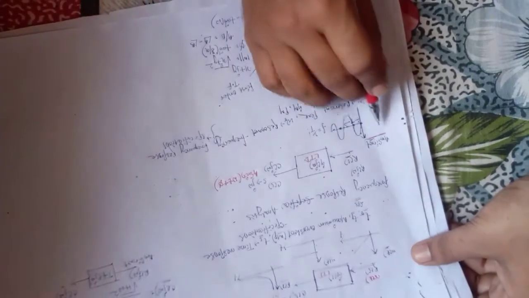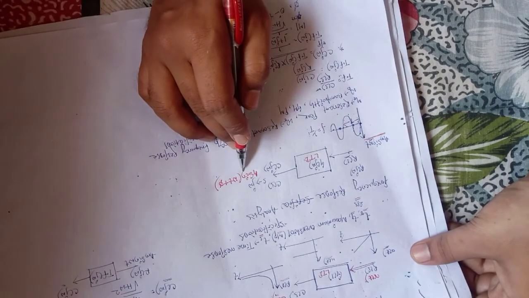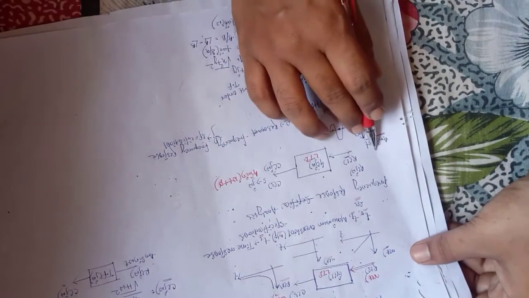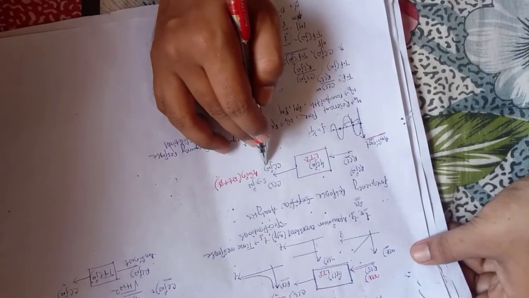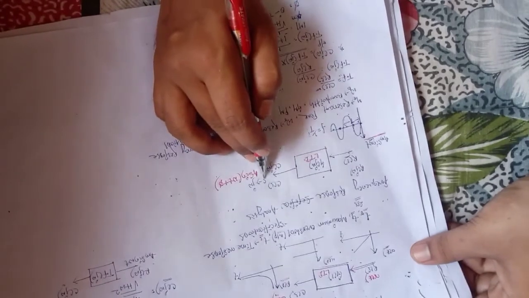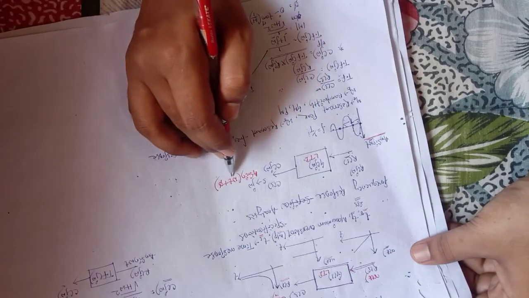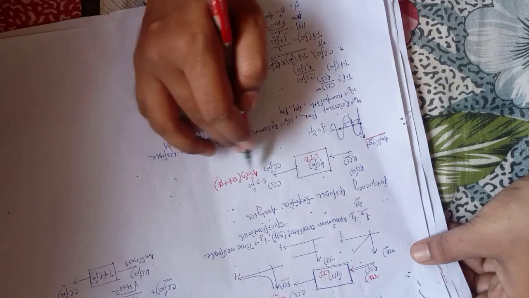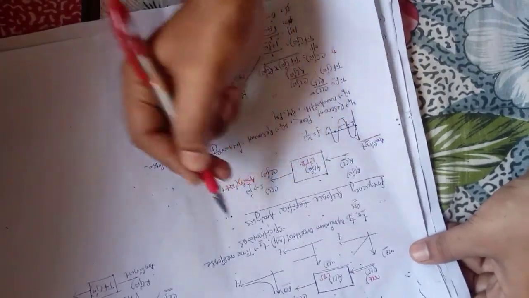From this representation we can see both input and output are sinusoidal in nature and have a component of frequency. Therefore it is called frequency response, because the response is C of j omega. This is the frequency domain. We will simply convert s to j omega. The output response has a term of frequency, therefore it is called frequency response, and we are analyzing the output, therefore the topic is named frequency response analysis.